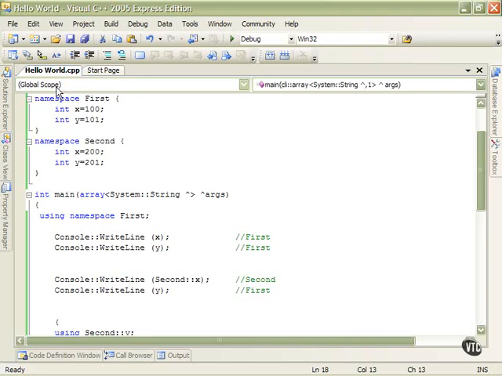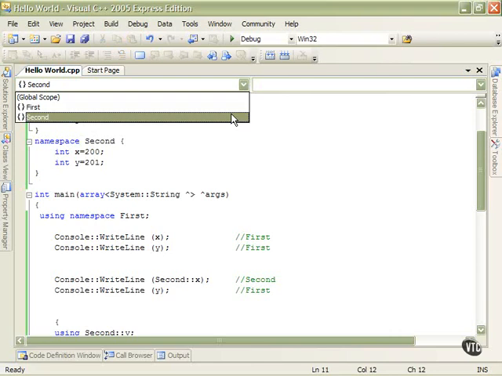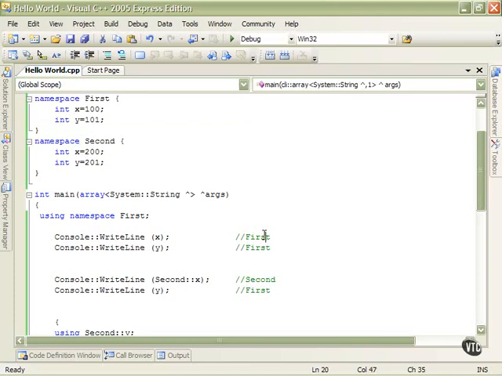Notice that our scope changed up here to global scope when we click down inside main. If you click on second here, our scope changes to second, because this is a list of all the different subscopes that we have. We have global and first and second, so we have created different scopes. So here I've given you a little comment that this is the first scope. This one will also be first scope,